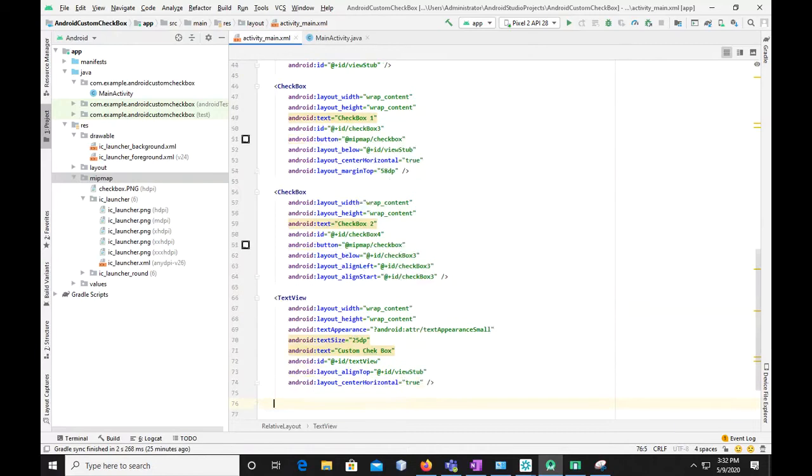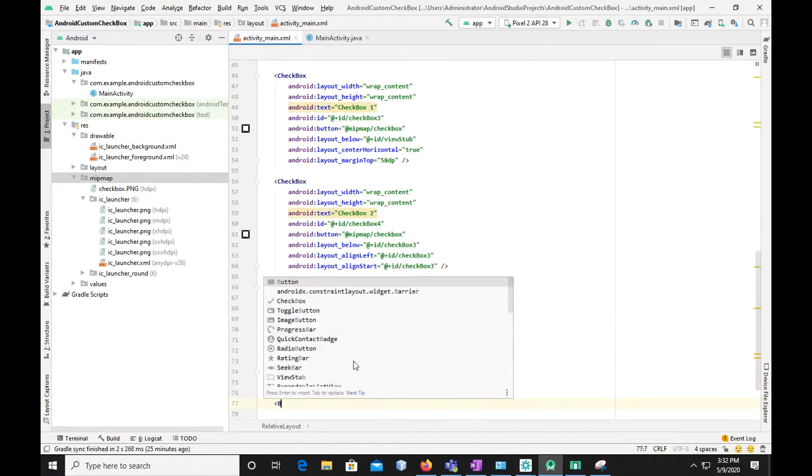That's it for the text view. And at last we will add a button,